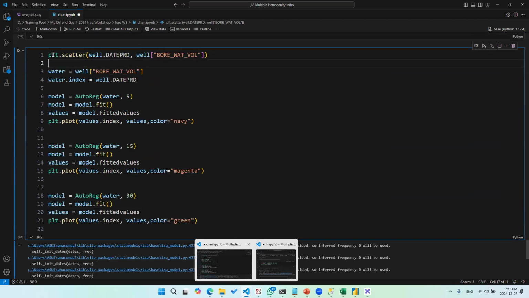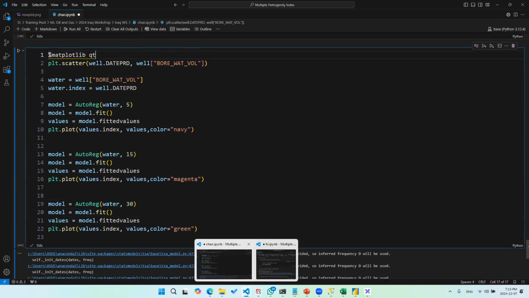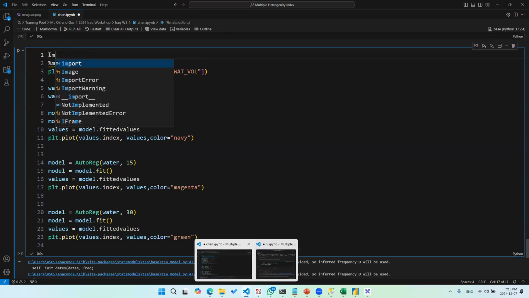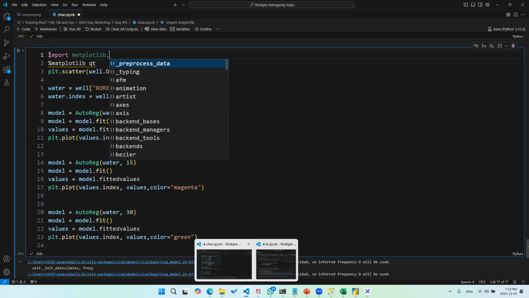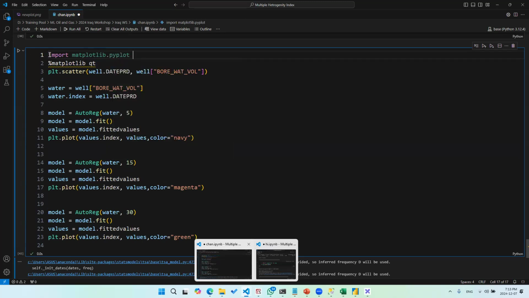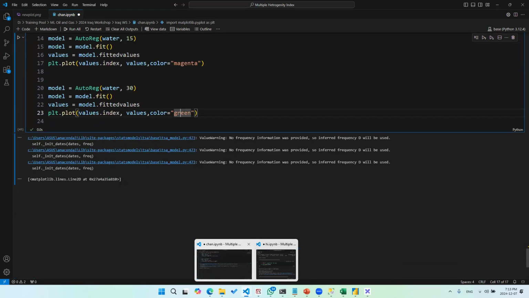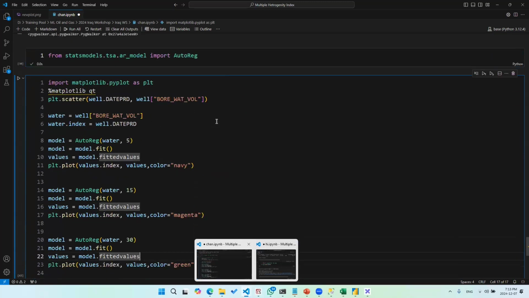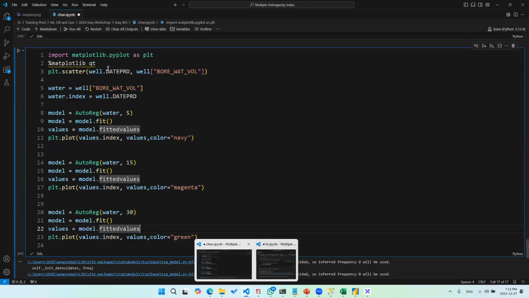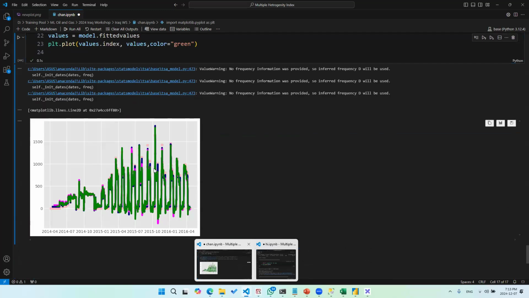Let me just put these on the top. Let's run these, and yep, still the same thing. Let me copy and paste these to just show these as an inline chart.